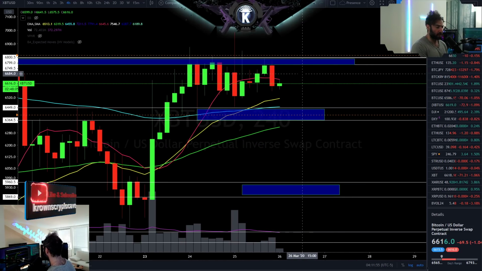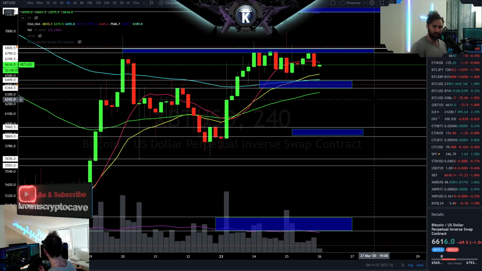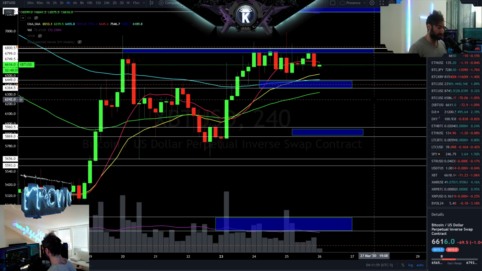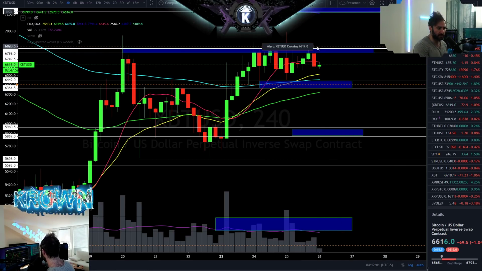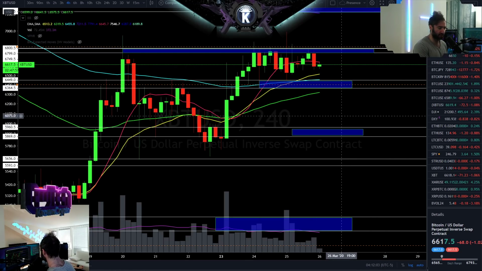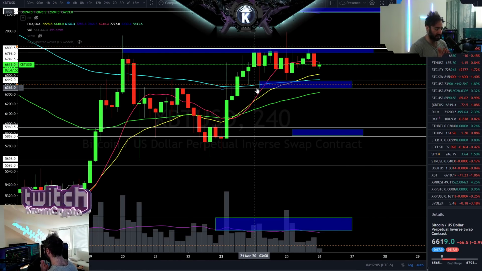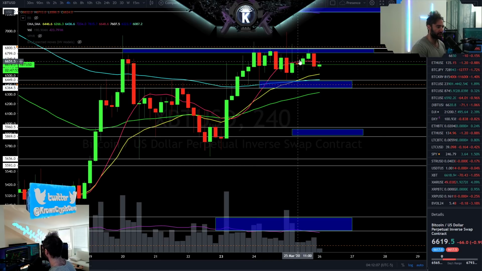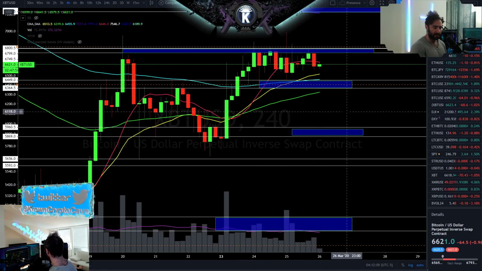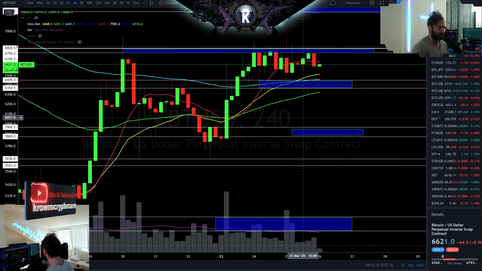So for myself and my own trading behavior, and of course it's not financial advice, I'm not a financial advisor, whenever we're between two blue boxes like this, I do not take trades at all. This is like the worst area to take trades in. I'll take a trade over here. I'll take a trade below here, but not in between. And as it